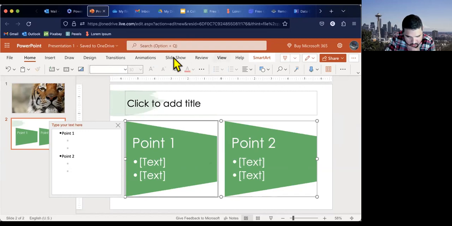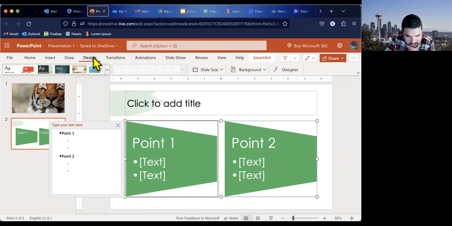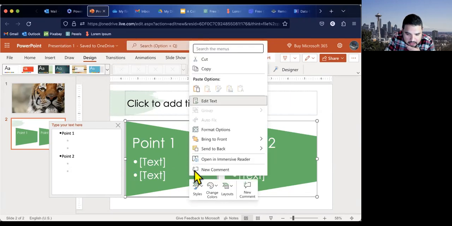let's see, I could do Design. I could change a few other things on here, like the way the slides are laid out. Right now it's following the template from this previous tiger one that I selected. So that's why it has this greenish paintbrush. And if I do a right click, I could change the style of it as well.